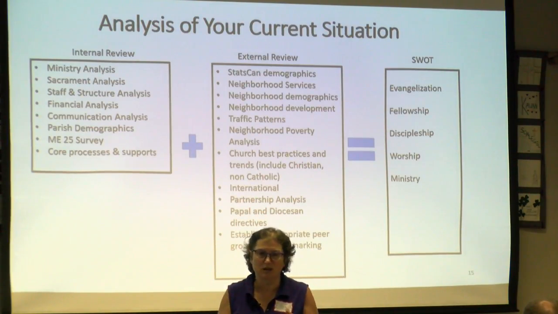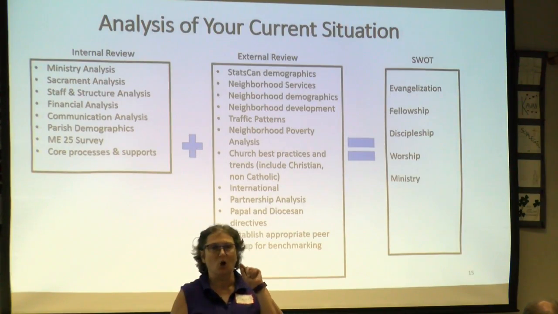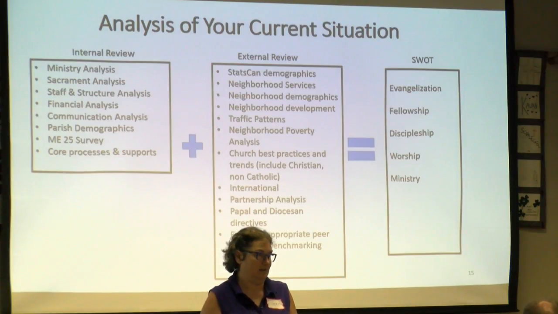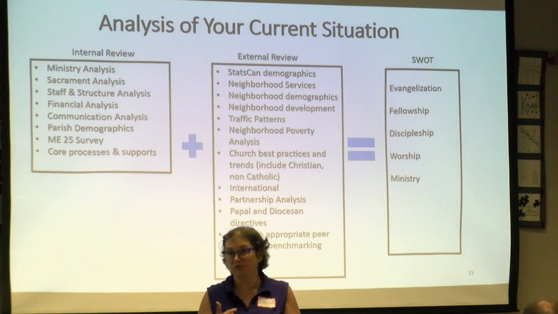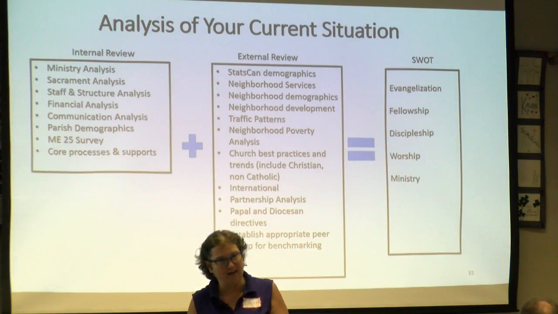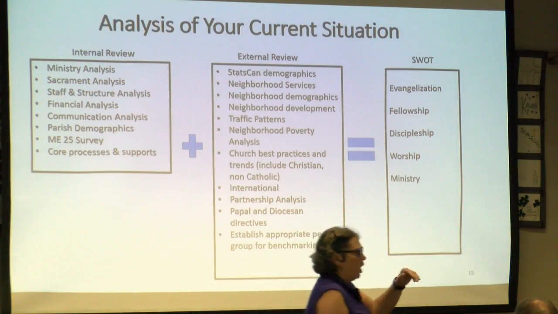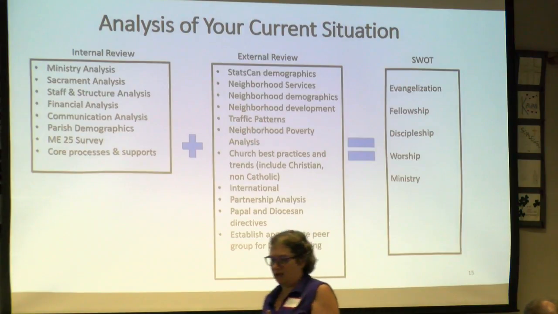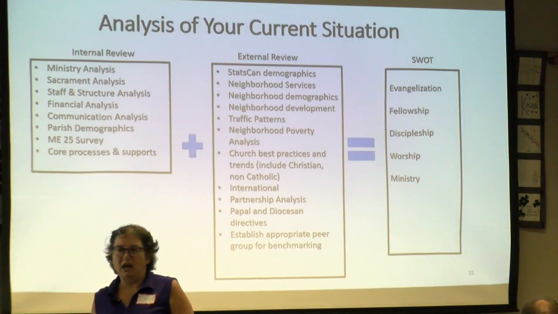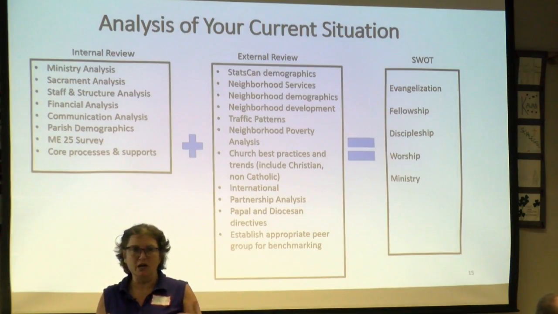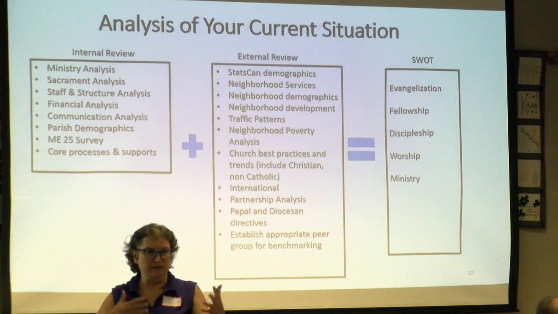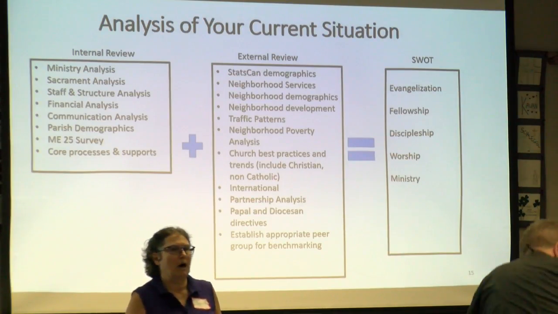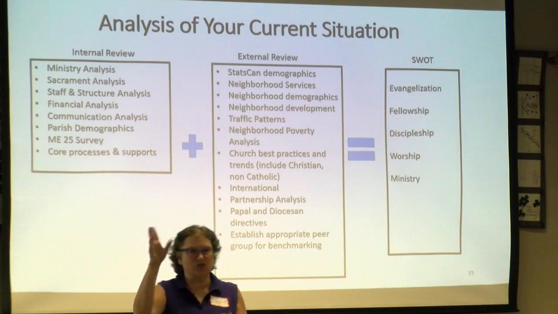I do sort of care about the budgets, but you go to the finance council and say, what are the long-term capital plans? Like, are we going to need to replace the roof in 5 years? It's kind of nice to know that when you're mapping out a 5-year plan that says, we're going to do this, we're going to do this, we're going to do this, and we're going to do this. Oh, we don't have any money because the roof's going to fall in. Kind of need to know that, right? So I asked our finance council for a capital plan, and I asked them things like our mortgage and money we owe to the archdiocese. When do we think that would be paid off? Just kind of some general stuff, and I've got some samples.